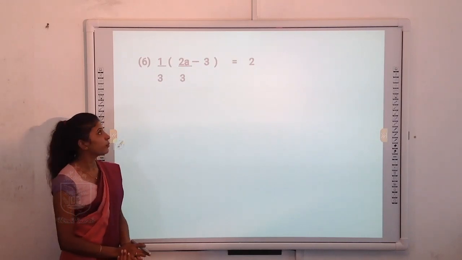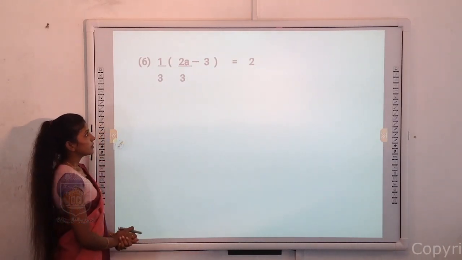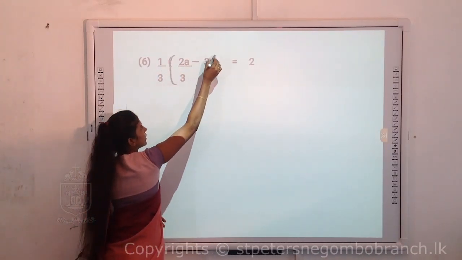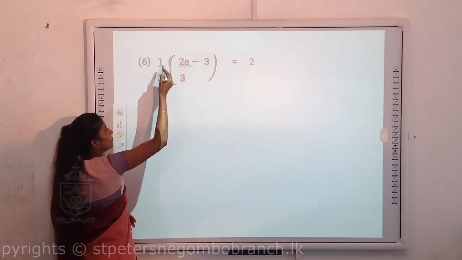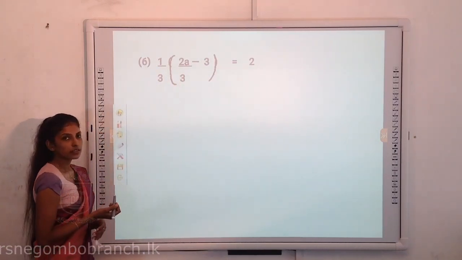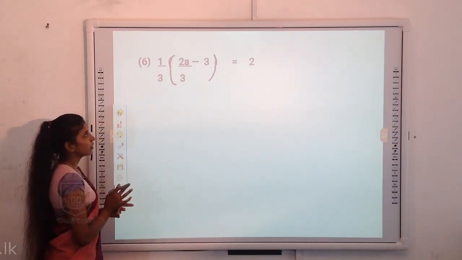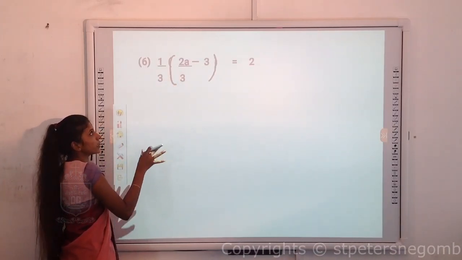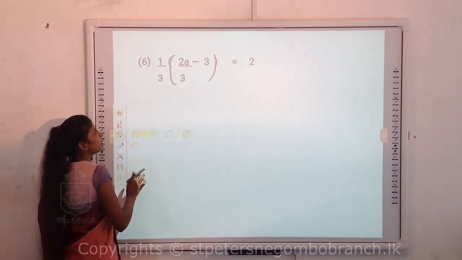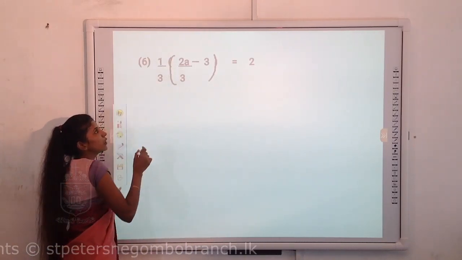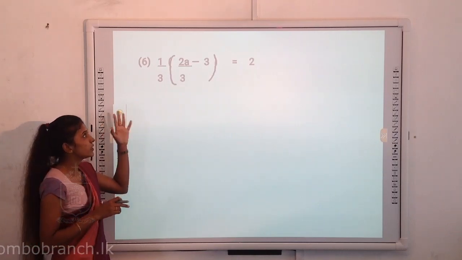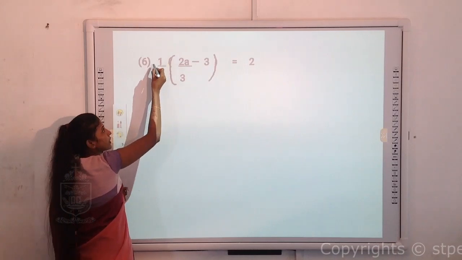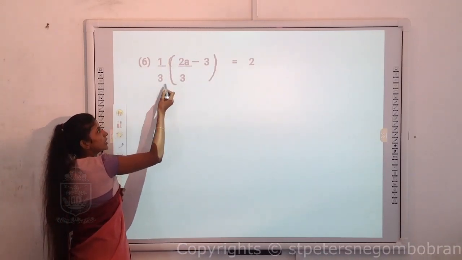Right, another example here. You all can see now this expression. This expression here is multiplied by 1 over 3. So this 3 is in the denominator. So it's easy for us to remove this 1 over 3 part from this side. So once you remove, bracket will be removed. So in order to remove this fraction part, that means 3.